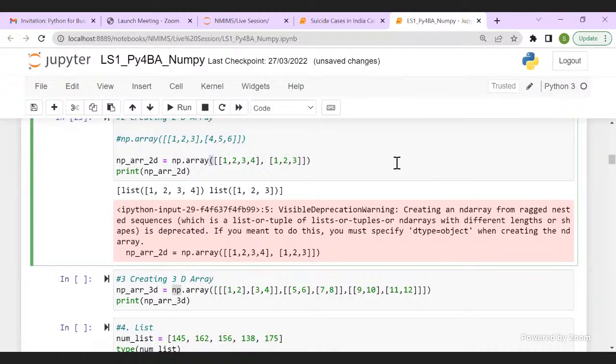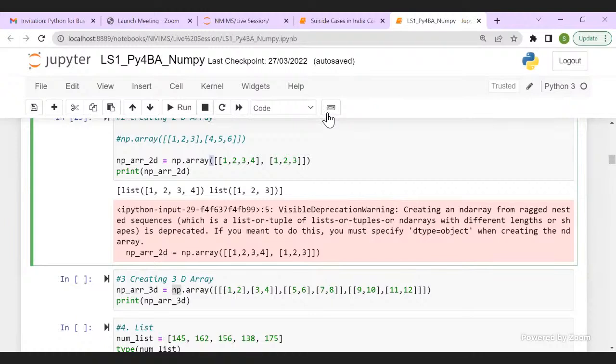Sanita, if you're invoking a function, you use parentheses. For a list, you use square brackets. For a tuple, you use parentheses. For a dictionary, you use curly brackets. So that is the basic idea. You can go ahead and revise your basics, different data types and data structures in Python, and you will be good to go.